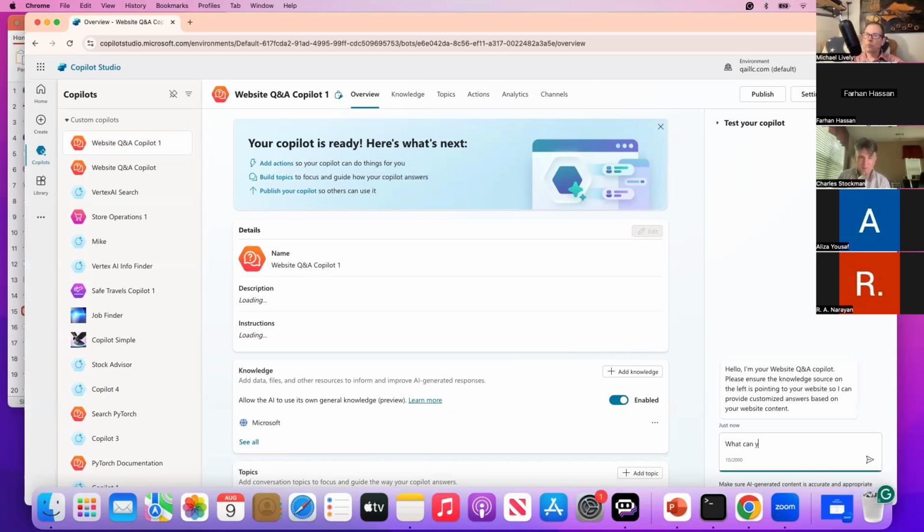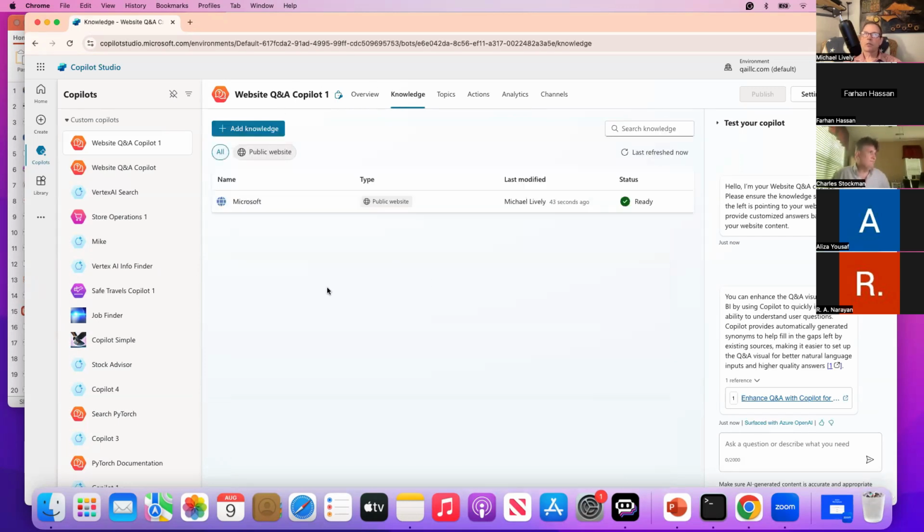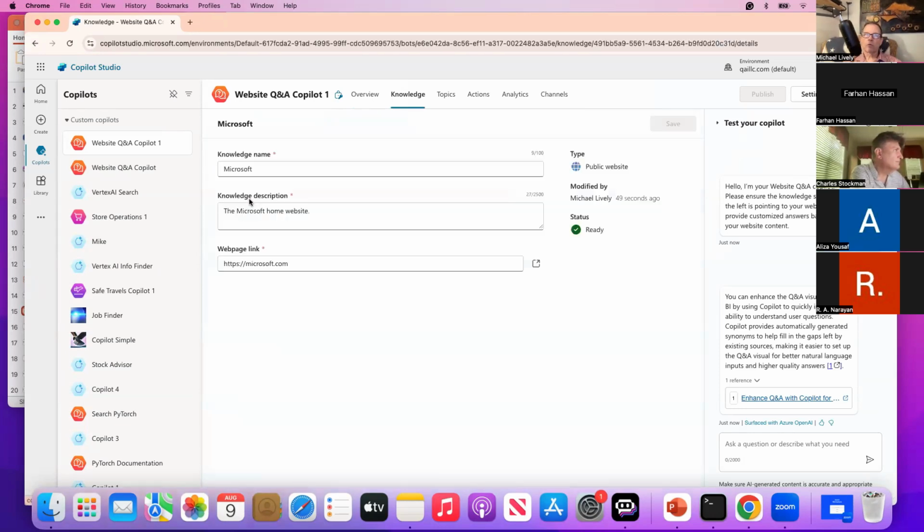But let's ask it a question. What can you do? I love this, my favorite question. It says you can enhance the visual power of BI using Copilot to quickly improve its ability to understand. Okay, that didn't help me. Let's see what the website is. If you go here to knowledge, that'll show you what website it's actually looking at, so it's asking questions against that website. So this is the Microsoft website right here,